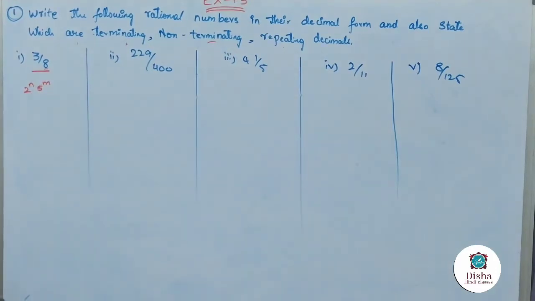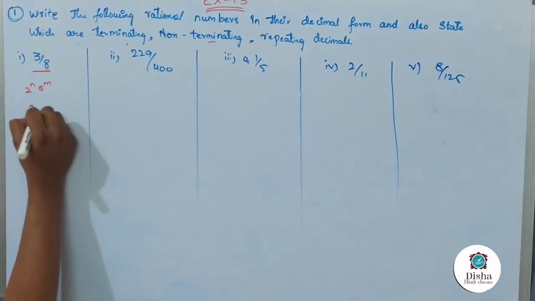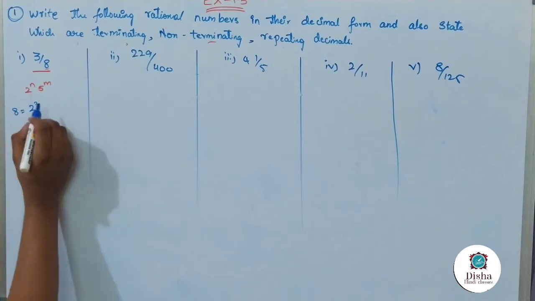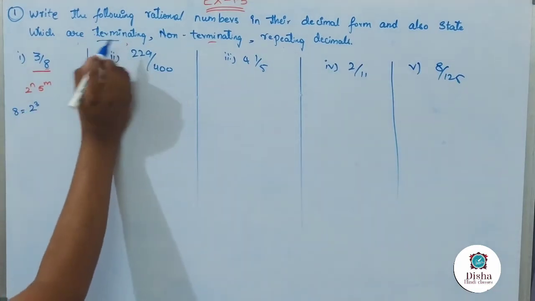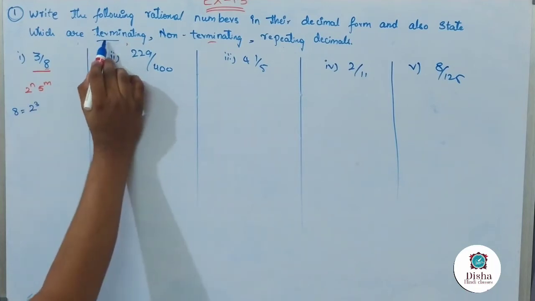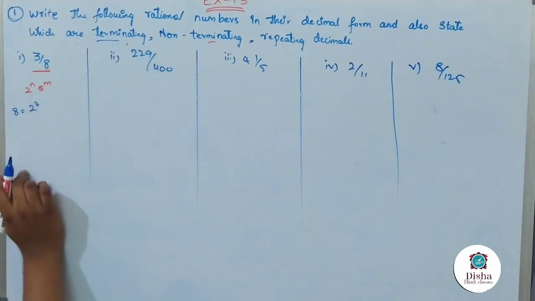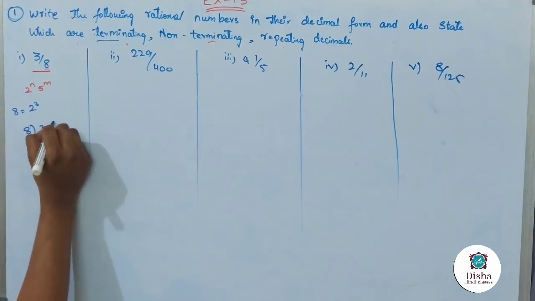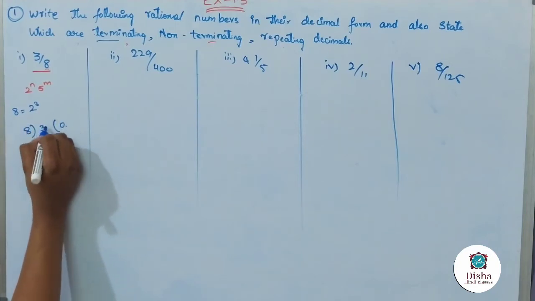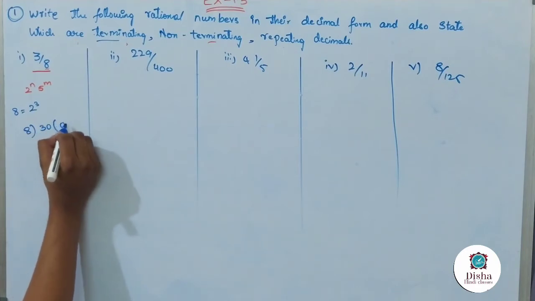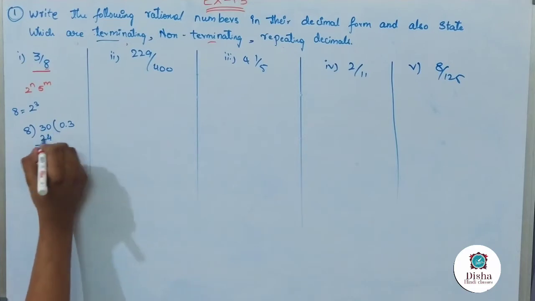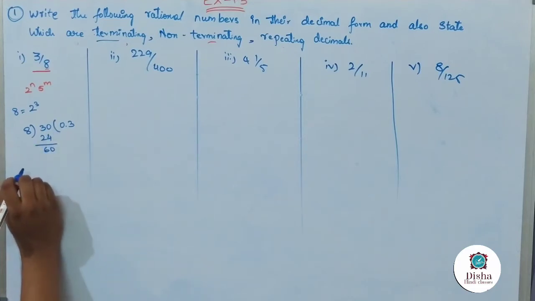So how can we write 8? We can write 8 as 2 power 3. 8 equals 2 power 3. So it means that it is a terminating number. So first we got the answer, that it is a terminating number. So how do we prove that? Let us divide it. 8 divided by 3. So 0 point, we take the point here, we take 0 here. 3 eights are 24. We get 6 as carry. Again we take 0. Right?